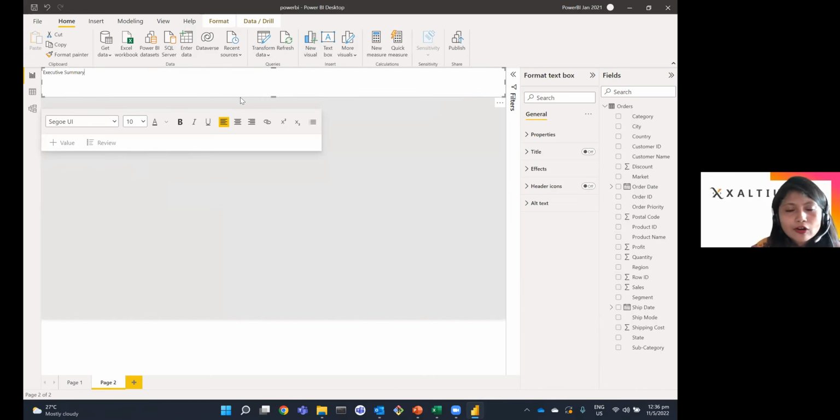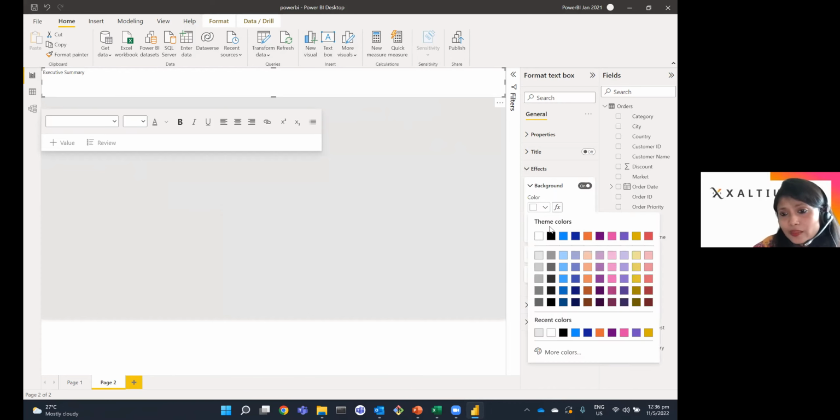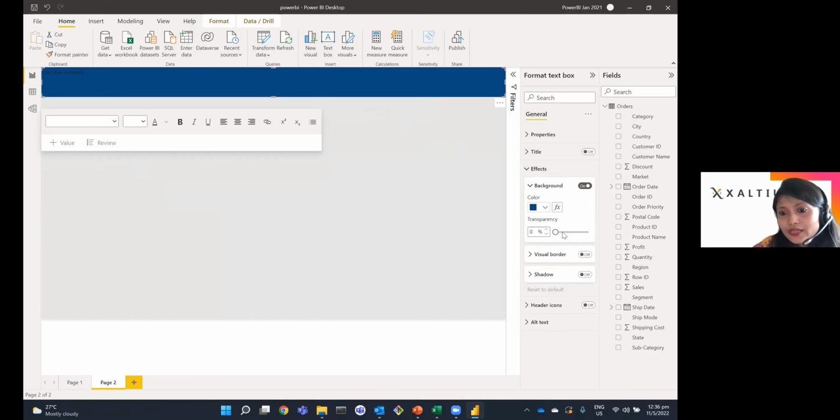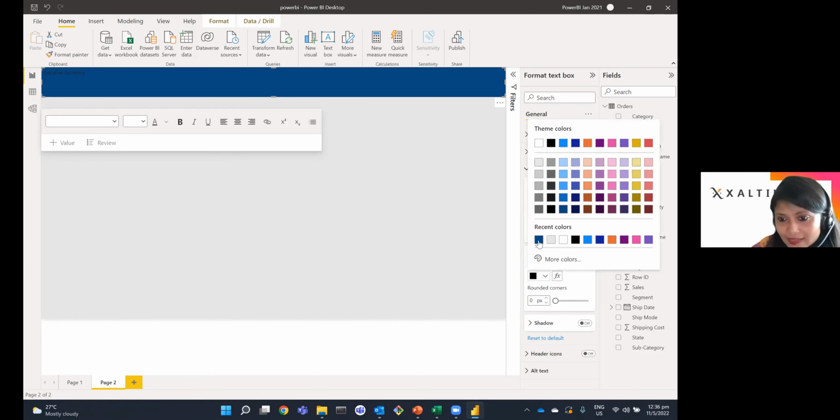I like formatting this visual a bit, because that's where data visualization is presenting how your visualizations look. So I'm going to add some background to it with a blue shade, and then add some borders as well, just to make the aesthetics nice.